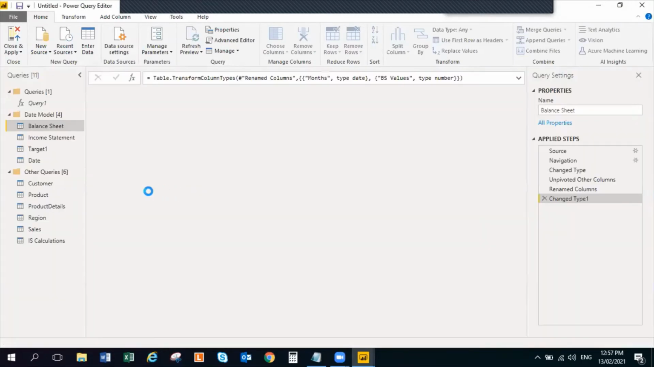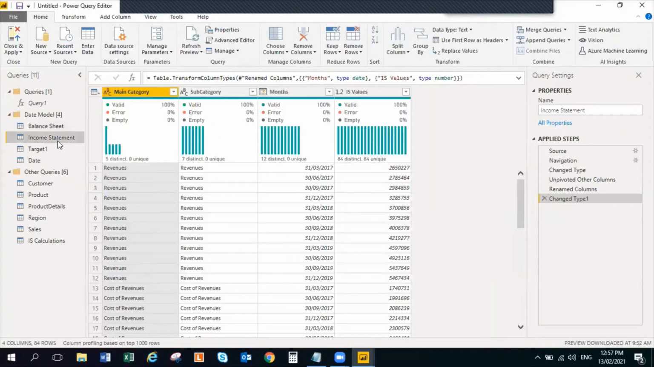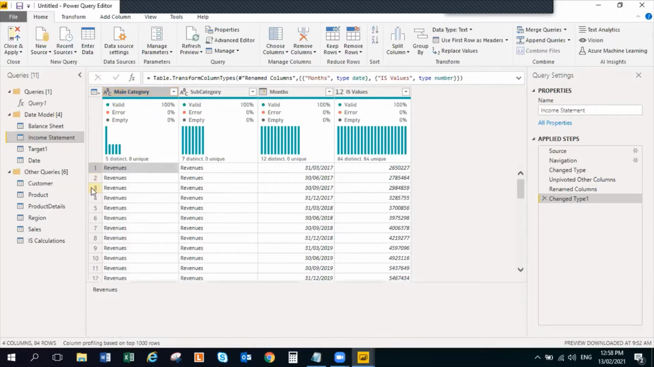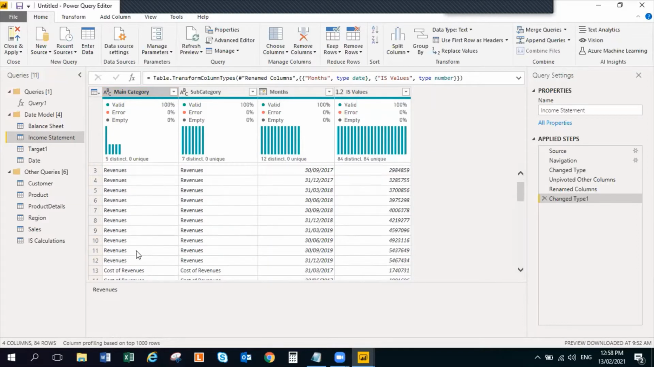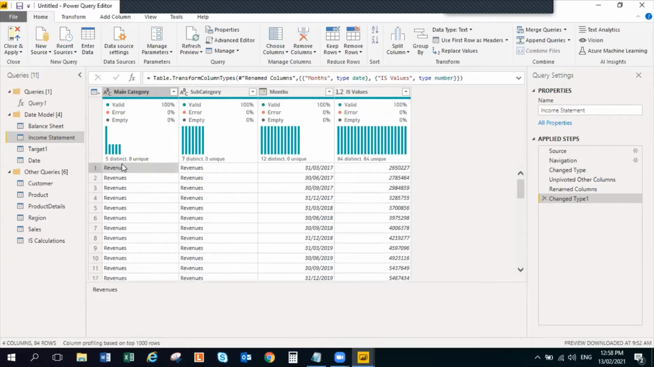So Power Query, the formula was that calculates IS values. In this IS values, which is part of income statement, pull the amount of revenues. Income statement main category, pull the amount of revenues. So what it will do, it will add all the revenue amounts here, this 1, 2, 3, 4, 5, 6 till 12. I hope you guys understood that from income statement main category, it will add all the revenue amounts and